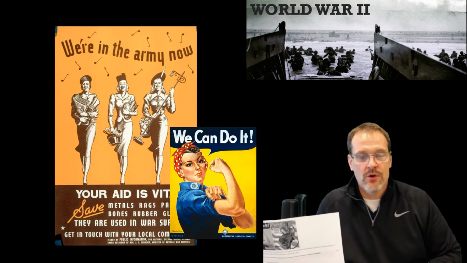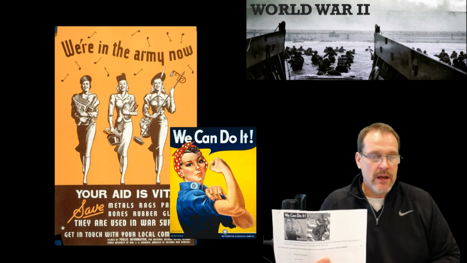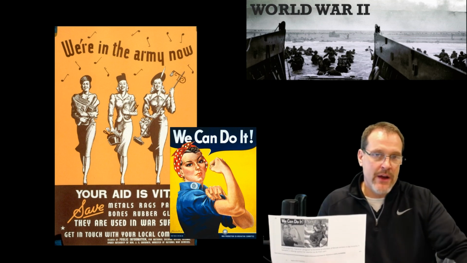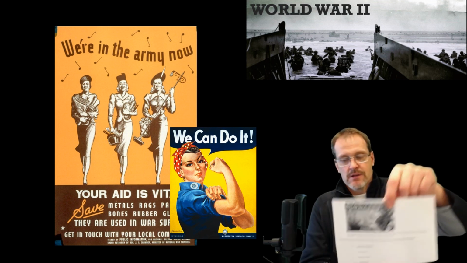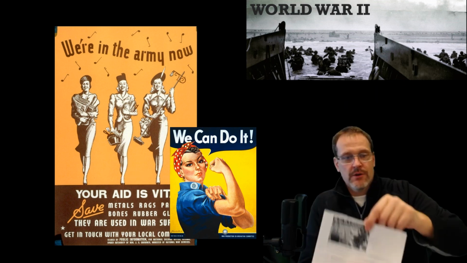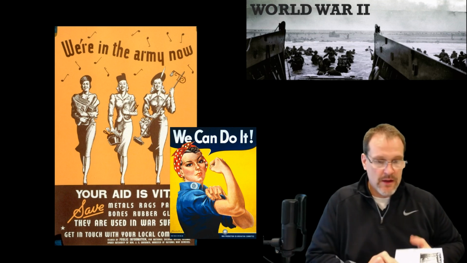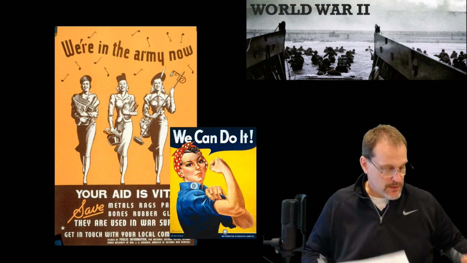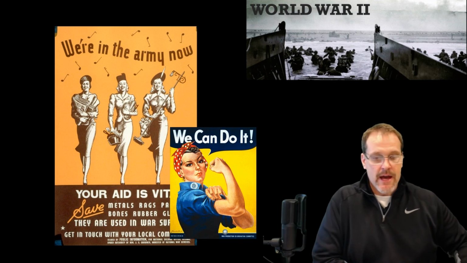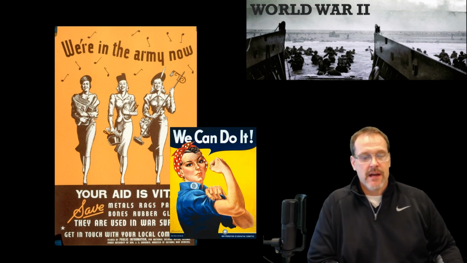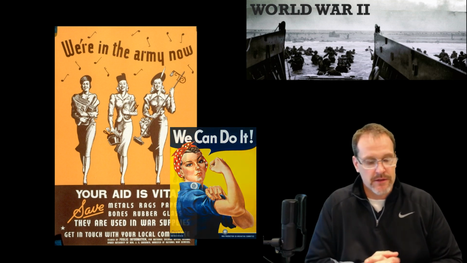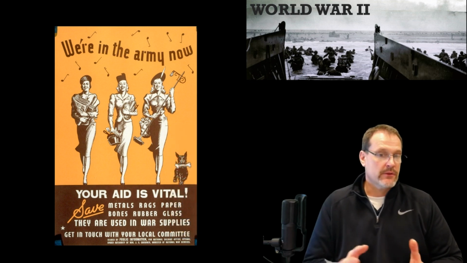They had to take care of the home. They had to pick up every duty that men who were being drafted had laid in their laps, I guess. So this is Rosie the Riveter, and of course this picture that you see in front of you is another example of portraying the woman as a very vital and important part. And there were hundreds of thousands of women in the United States, and tens of thousands of those women would work inside of the factories alongside men. Many of the factories would almost be all women.